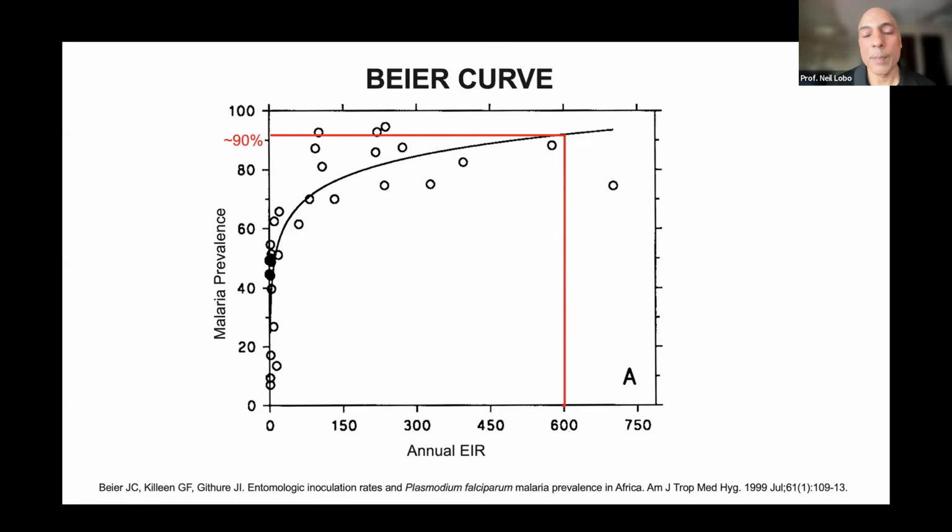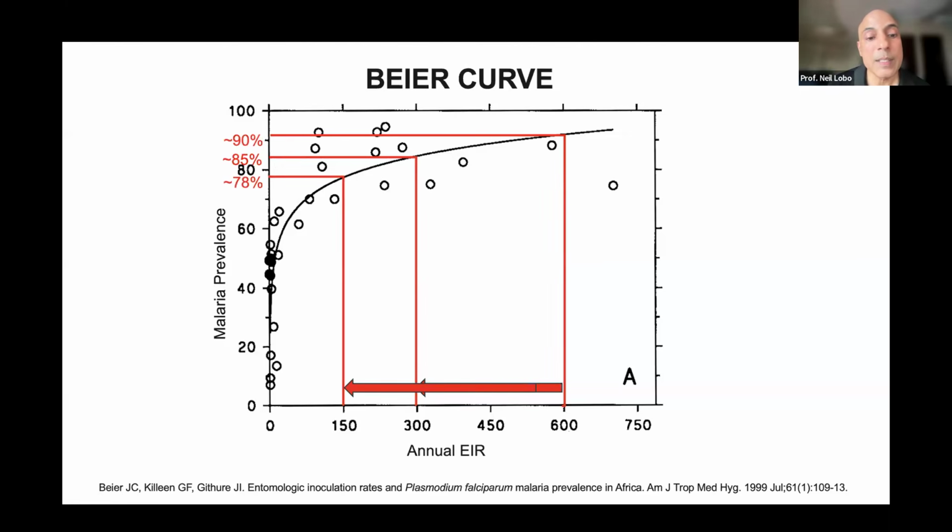So now let's say you're in the Ministry of Health and you have an intervention strategy and you do a really good job with your strategy and you reduce your EIR from 600 to 300, which is a reduction of 50%. You've had a huge impact on the transmission system. But what actually happens is your prevalence actually gets reduced just by 5%, even though you've done a phenomenal job. Correct?